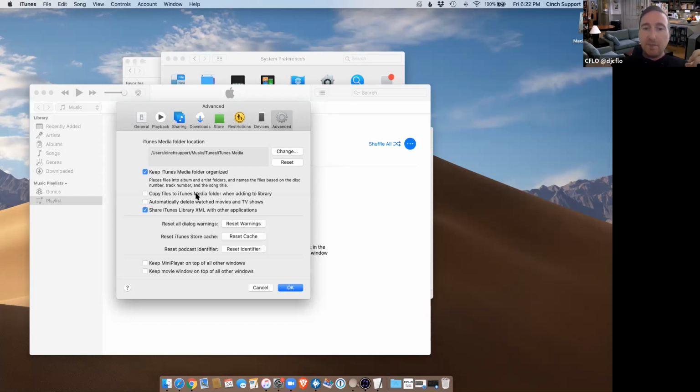Now they're uncoupled. It doesn't matter if you've been doing it for years, because all it is is that those files live inside the iTunes folder. That's just their place on your hard drive. That's all it is, so it's not going to mess you up to do that. I guess, does that answer that question?